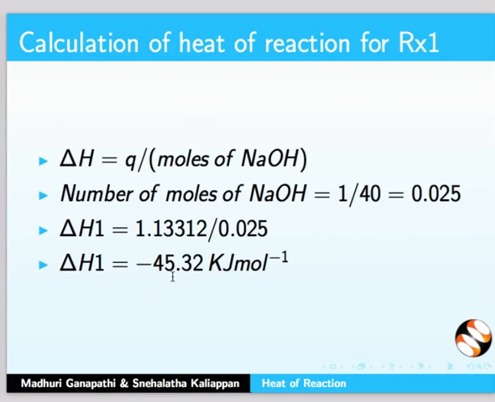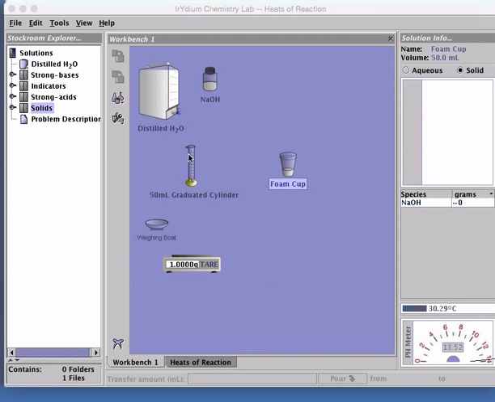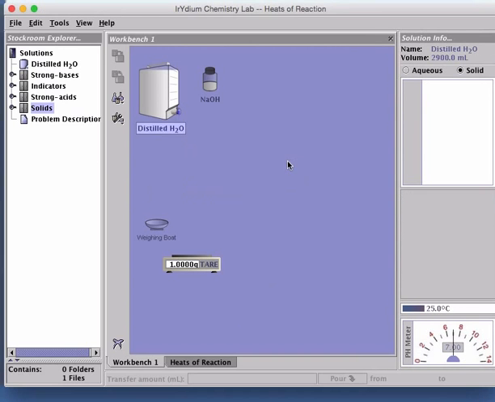Calculation of molar heat energy in kilojoules per mole is given here. Delta H for reaction 1 is minus 45.32 kilojoules per mole. Let us go back to workbench. Let us delete the used graduated cylinder and foam cup. We will now move on to demonstrate second exothermic reaction.